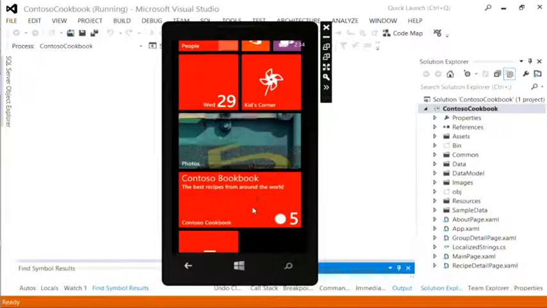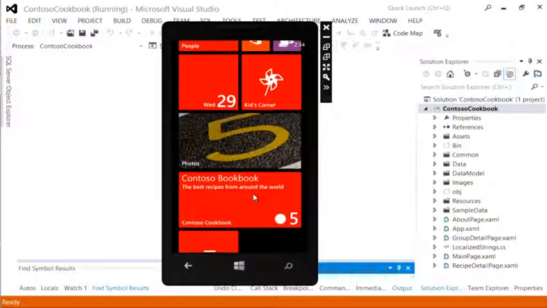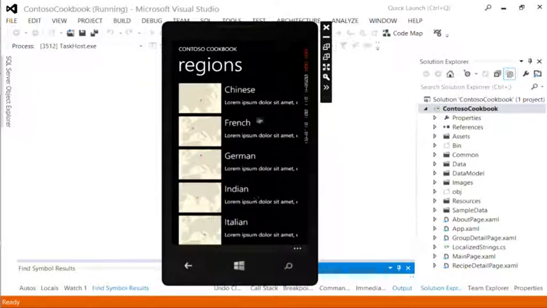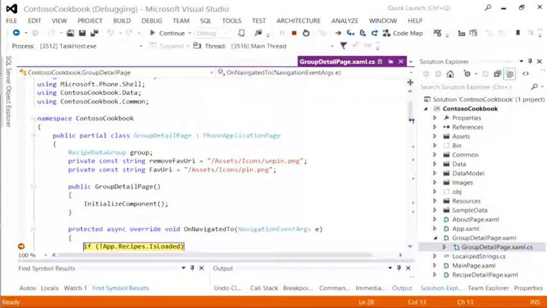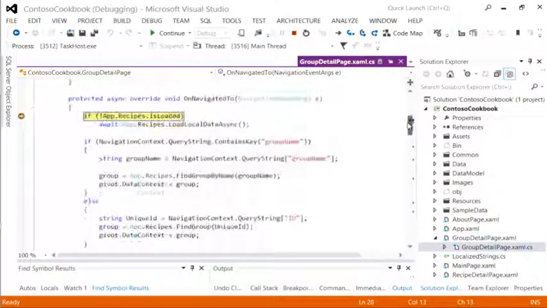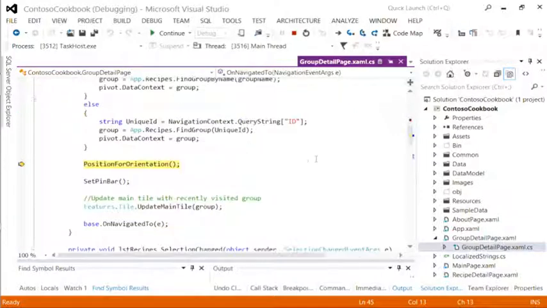Now what actually happens when you visit the app and you go to a particular region, it actually records. Let's go to Indian. And here's a breakpoint in the OnNavigatedTo, so we can just step through all of this. There's some navigation stuff, a bit of loading the data. But here's where it gets interesting. Features.Tile to update main tile, and this calls out, if I'm going to step into that,